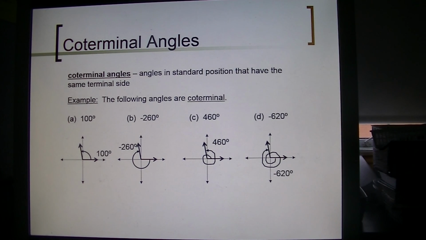So to actually calculate that, though, we're going to deal with that next class. We have a lot more to do with this. I just wanted you to see what it means for things to be coterminal. I'm going to show this